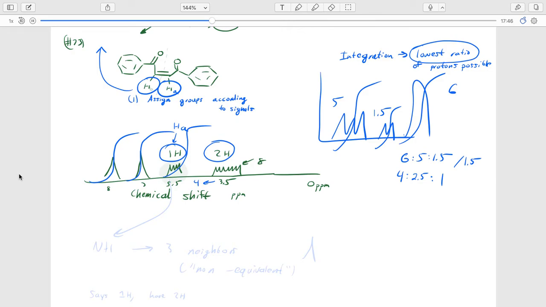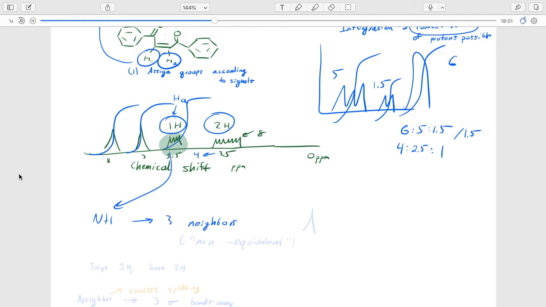Why? Let's look at it in more depth. According to the n+1 rule, this should have 1, 2, 3, it should have 3 neighbors. And whenever we say neighbors, we mean non-equivalent